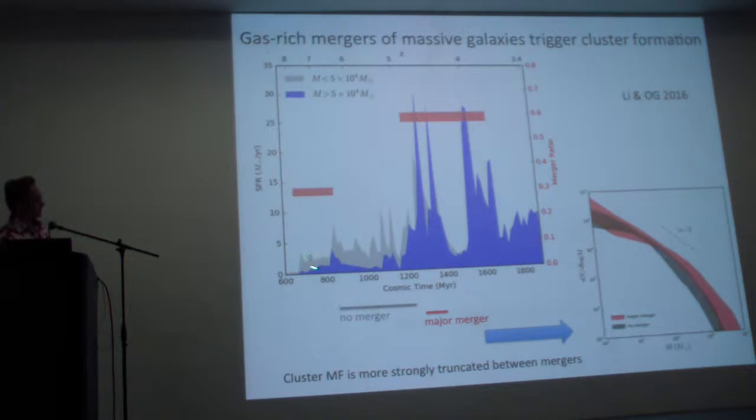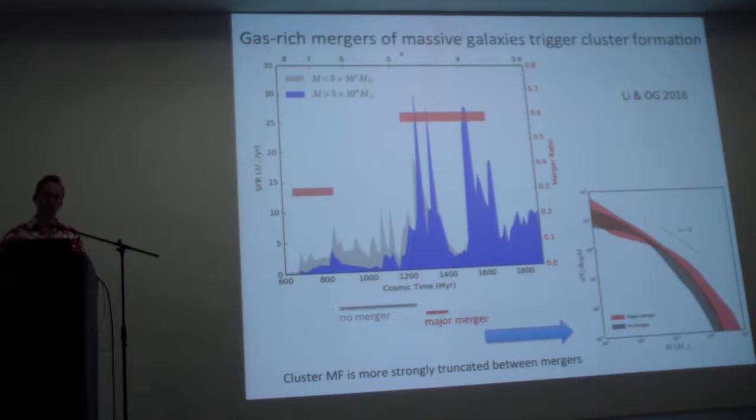There is not much correspondence early on, and this is only a simulation at fairly high redshift. It only goes to about 3.4 for technical reasons, so we're talking about high redshift. But since the mass function of clusters is so universal in the local universe, we have hope that at high redshift it's the same thing and our comparison makes sense. So there's not much correspondence at high redshifts, but later on, when the star formation gets closer to the peak that the galaxy is expected to have, a lot of massive clusters are forming during this gas-rich merger.